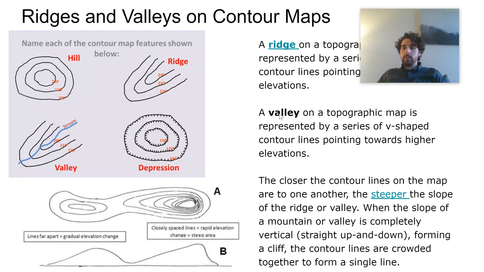All right. Now, this is an example of some features you can see on a topographic map. A depression